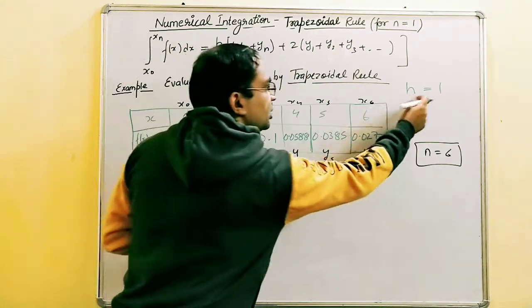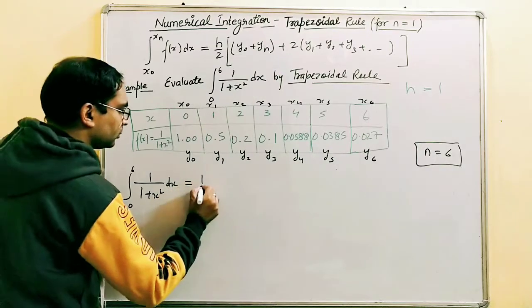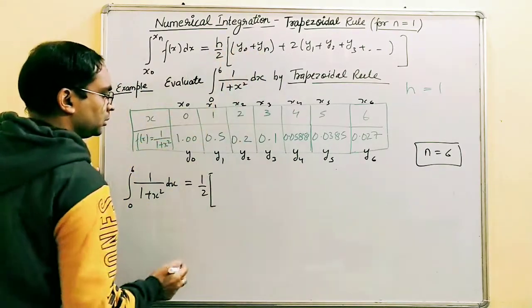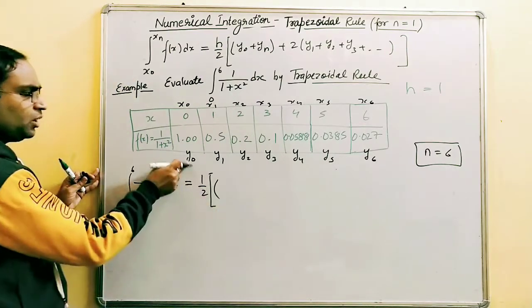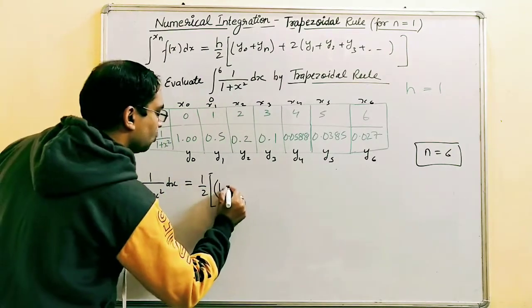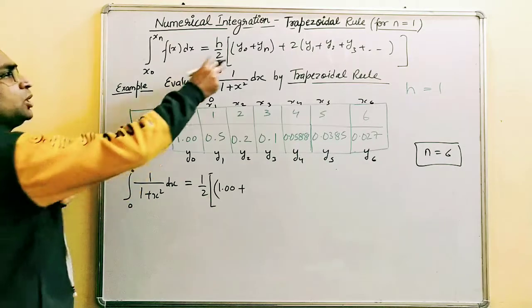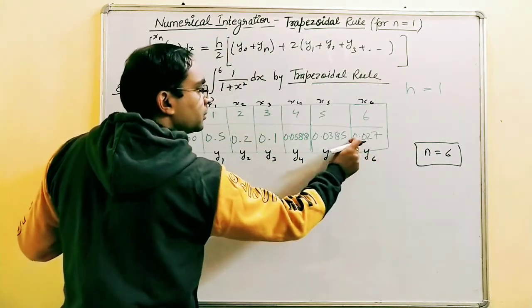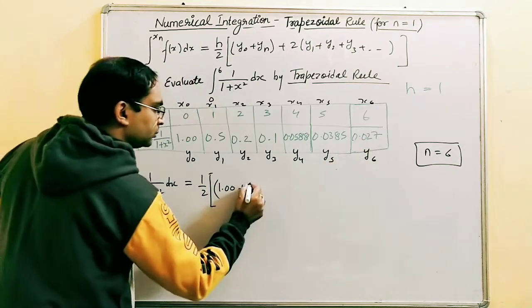In our case, h is equal to 1, so 1 upon 2. Now y0 plus yn. What is y0? 1.0 plus. And what is yn? The last value in this, this is yn, 0.027